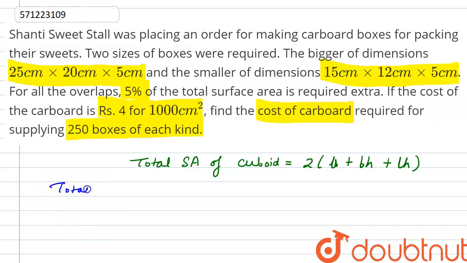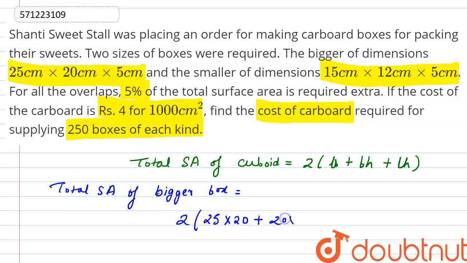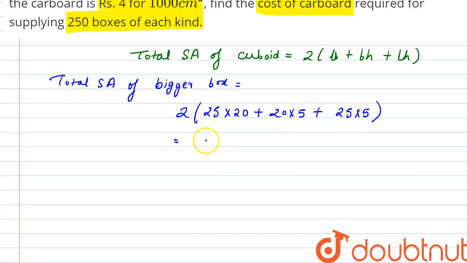So the total surface area of the bigger box will be equal to twice of L is 25 multiplied by B is 20, plus B is 20 multiplied by H is 5, plus L is 25 multiplied by H is 5. On calculating this, we have twice of 500 plus 100 plus 125. So the total value comes out to be